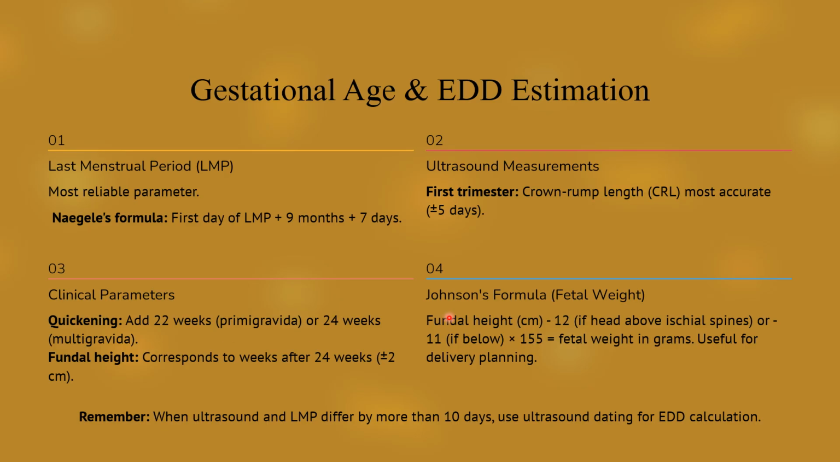Number 4, this is Johnson formula. This will help you to calculate the fetus weight. So here what you need to do is first measure the fundal height. Once you measure the fundal height, you need to minus 12 if the head is not engaged, that means the head is still above the ischial spine. Or you need to minus 11 from the fundal height if it is below the ischial spine. Okay, into 155. That will give you the fetus weight in grams,